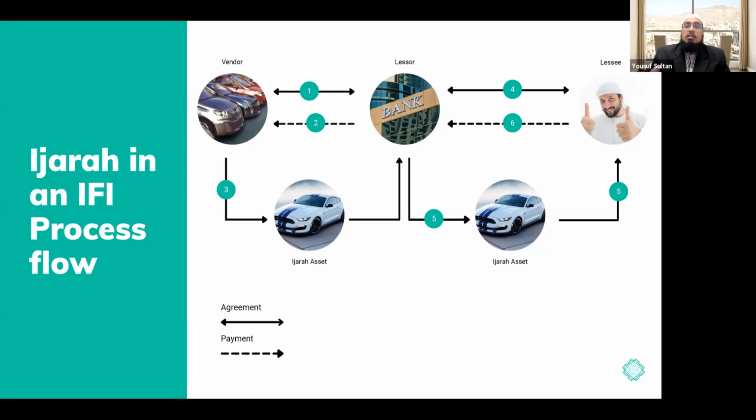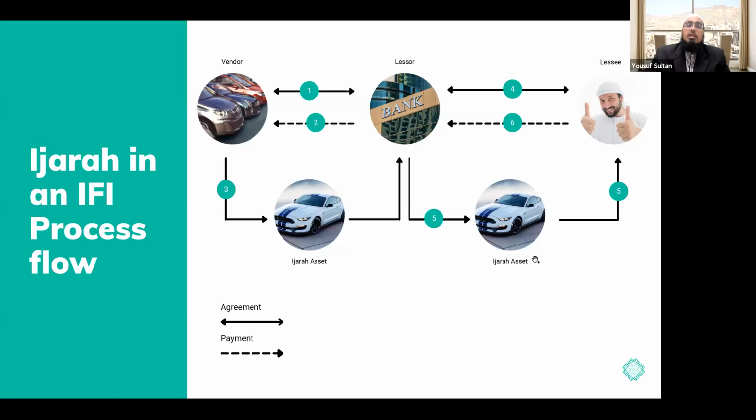So in the last episode, we discussed musharaka. One of the variations of musharaka which is being used today is diminishing musharaka, or musharaka muntahiya bit tamlik. Now, a bit of the same structure is also done through Ijara. How it works is that, let's say the customer needs to buy the Ijara asset. So he will go to the bank, and the ultimate goal for the customer is to get ownership of the asset, not to just have an operating lease.